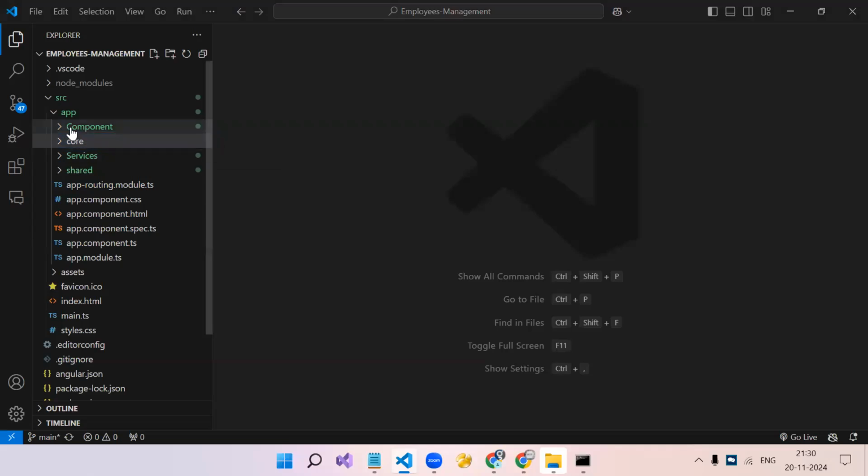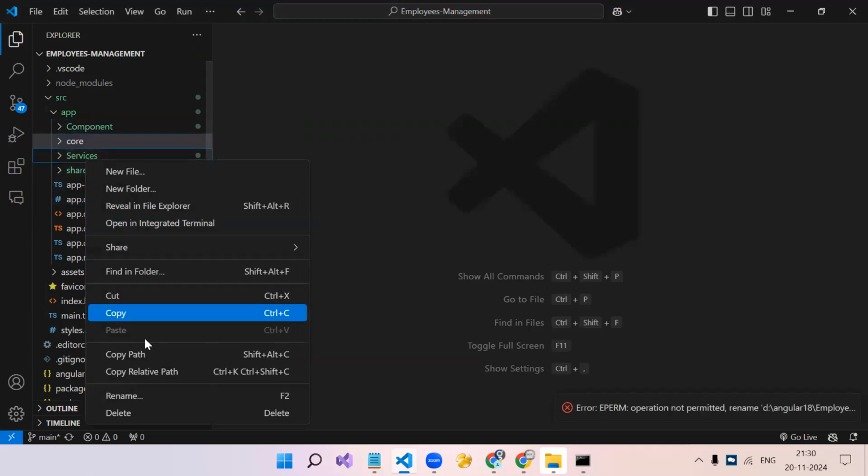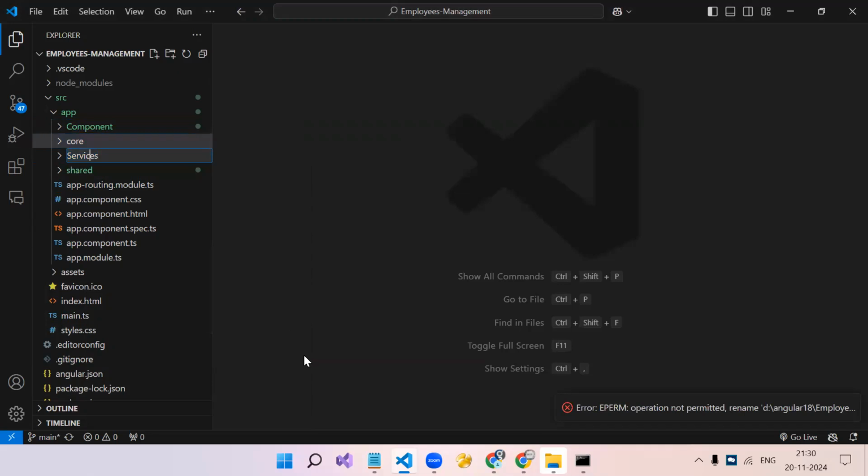And one more mistake is, whenever you are creating the folder, your name should not start with a capital. So let's convert it to small case like this, and services also in small case. Up to Angular 15, when we used to create the